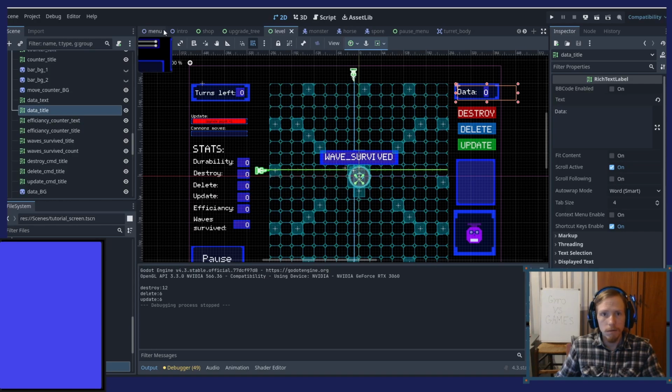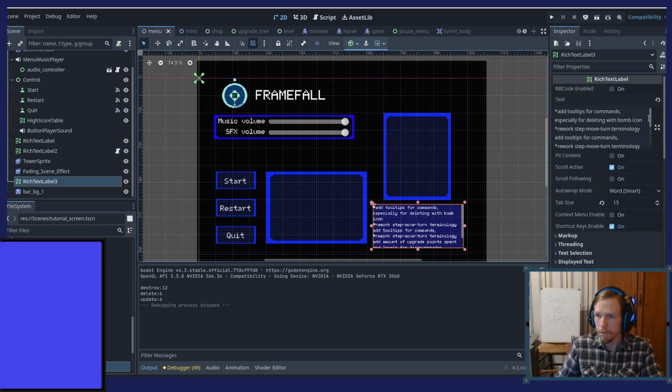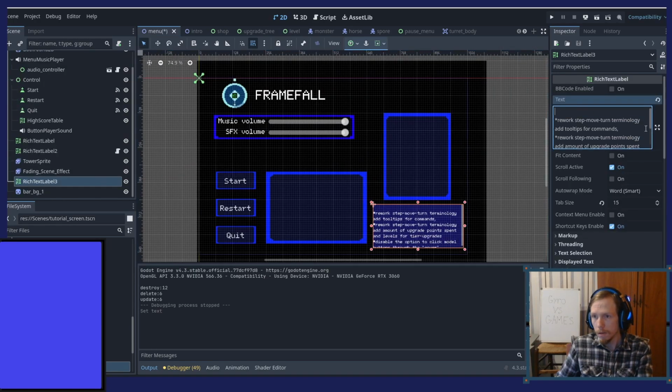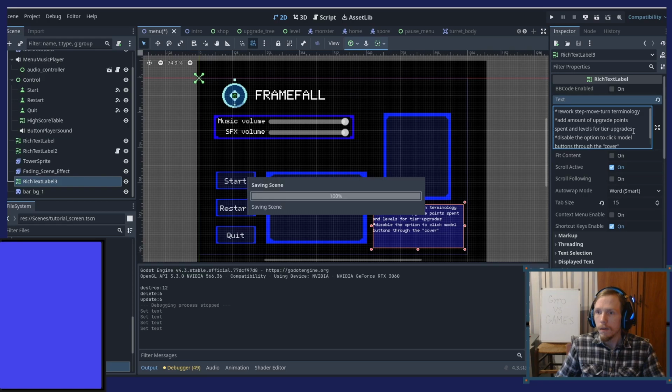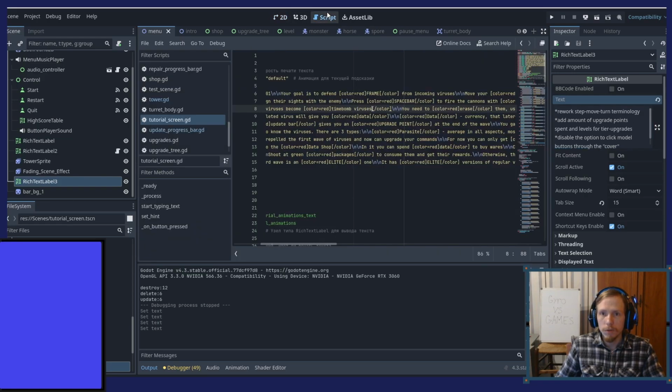I think it's okay. Rework step move turn terminology tooltips for command. Okay. Yeah. Oh, I copy pasted. I was in a bit of a rush. Rework step move turn terminology.